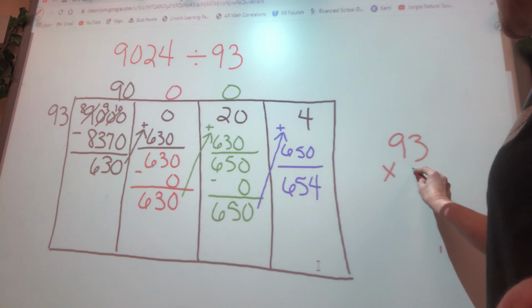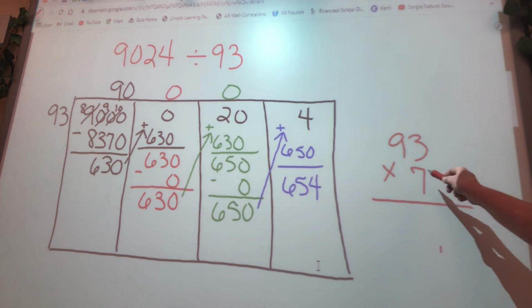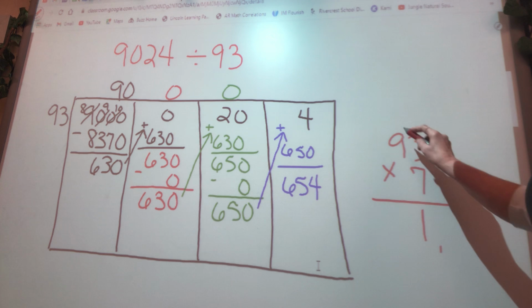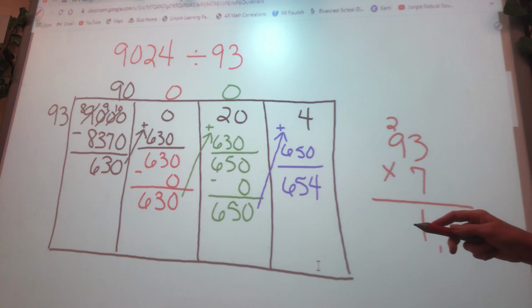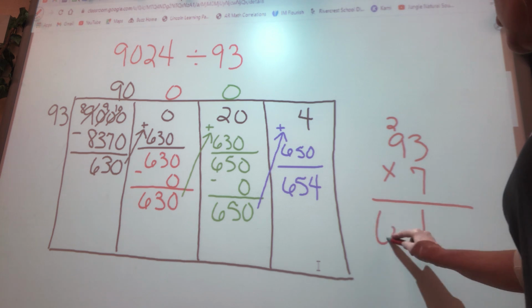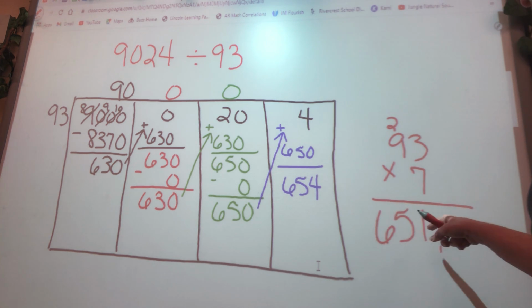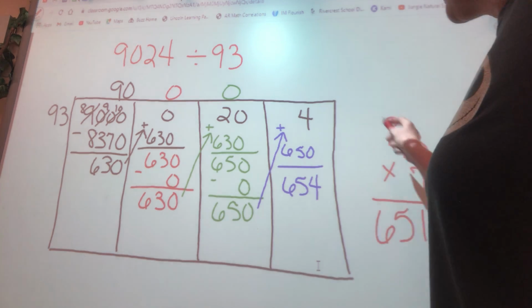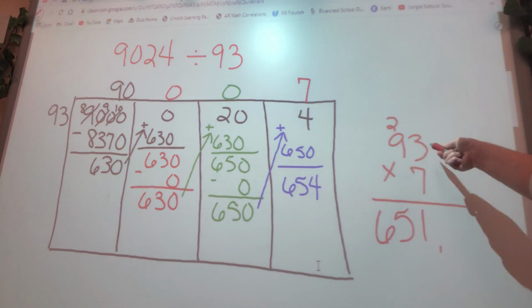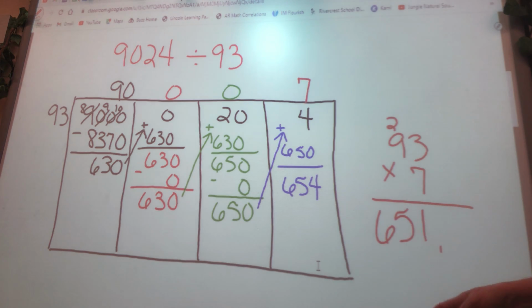93 times 7. 7 times 3 is 21. Carry the 2. 7 times 9 is 63, plus the 2 is 65. So that's 651. Well, that works, doesn't it? So now I know that the 7 will work, and I just did the math for it. 7 times 93 is